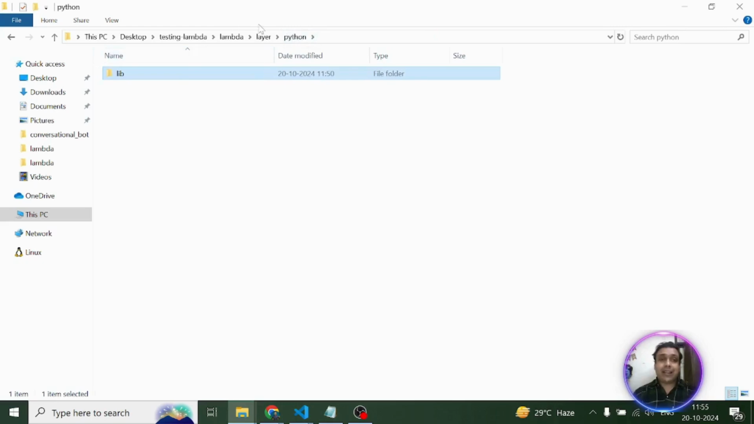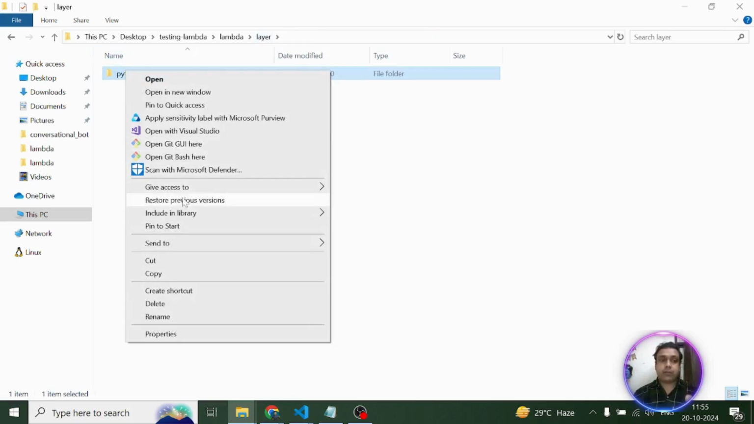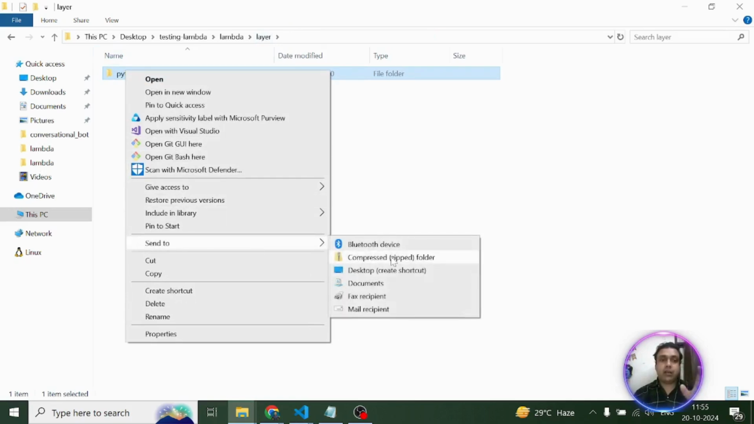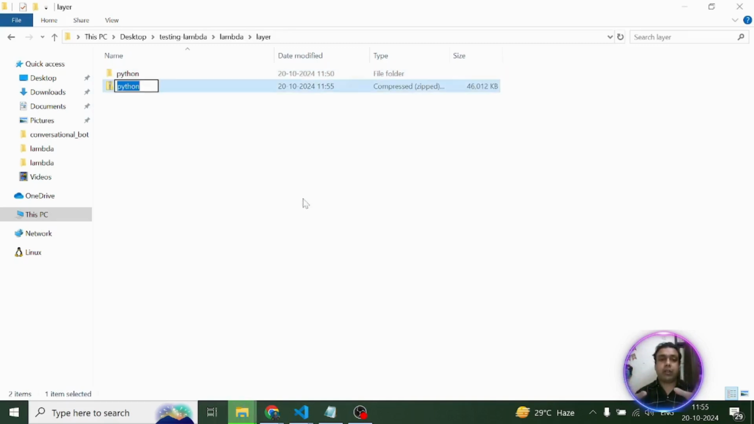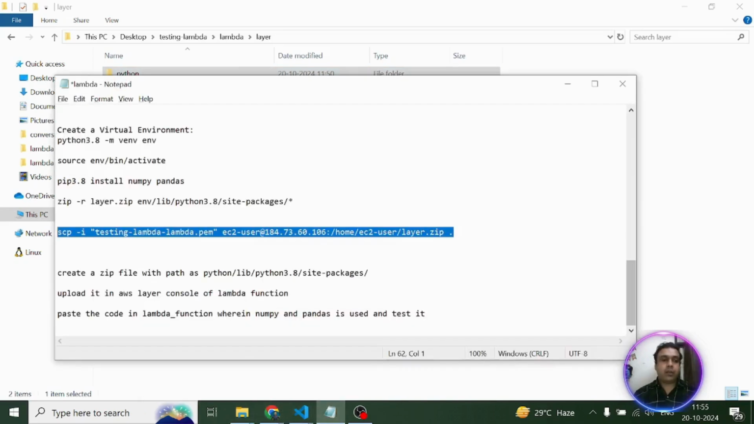Next thing that you have to do is create a zip of this python folder. This is the major step of creating the zip folder, which we will upload on the Lambda function, so as to make the Lambda function execute and recognize these libraries present inside the site-packages folder. Once you're done with creating a zip of this python folder, the next thing is you have to